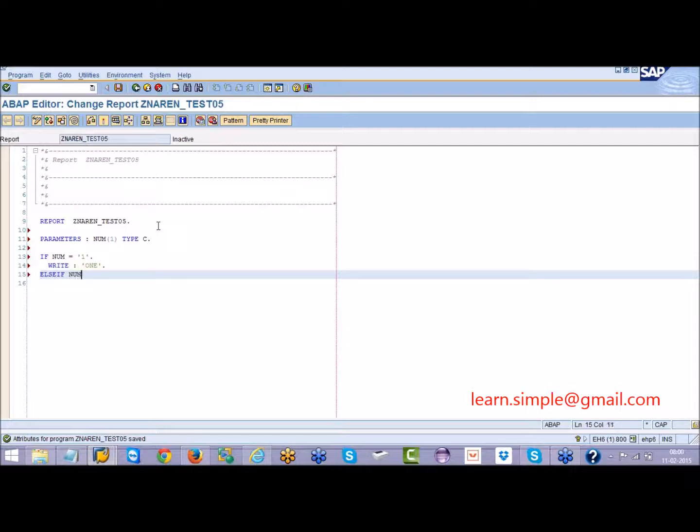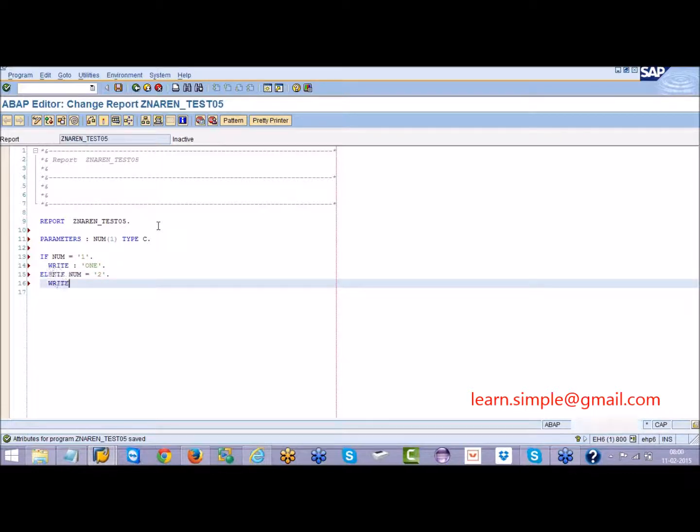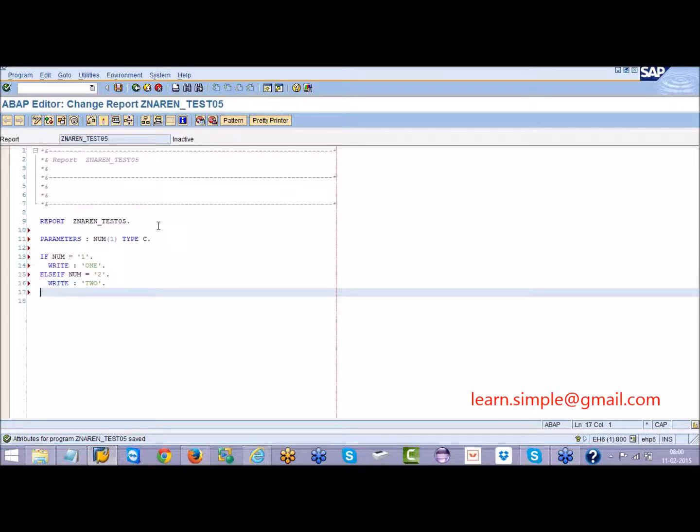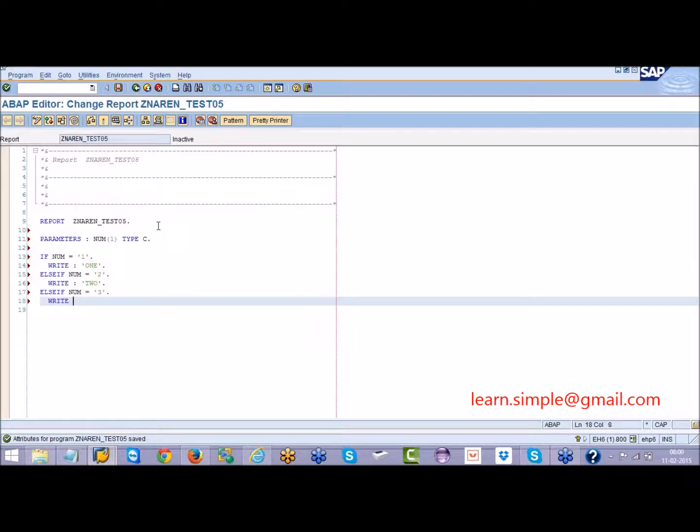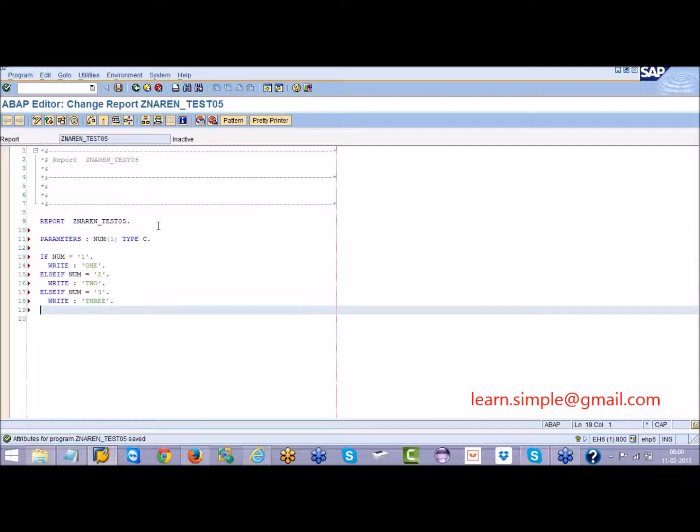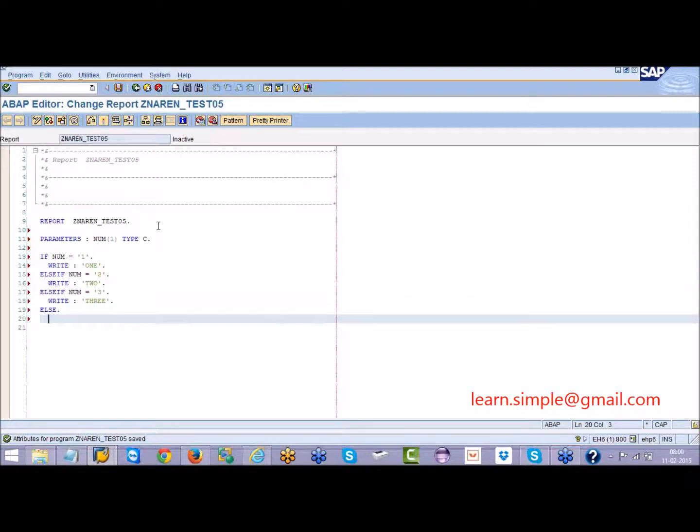Else if num is equal to 2, I'll write TWO. Else if num is equal to 3, I'll write THREE, and so on. You can write any number of else if conditions. Finally you say else, if nothing is correct, then write unknown number.